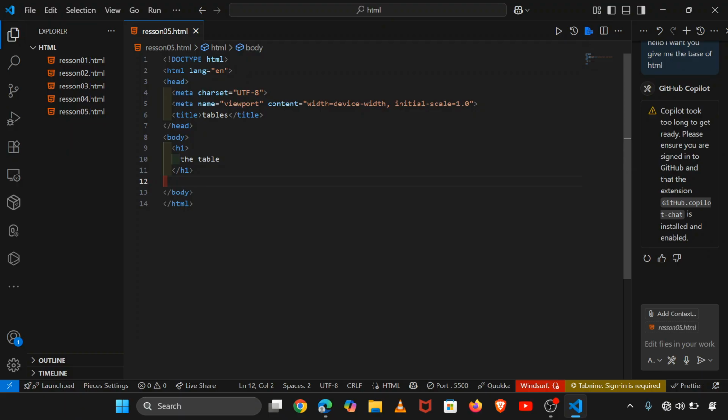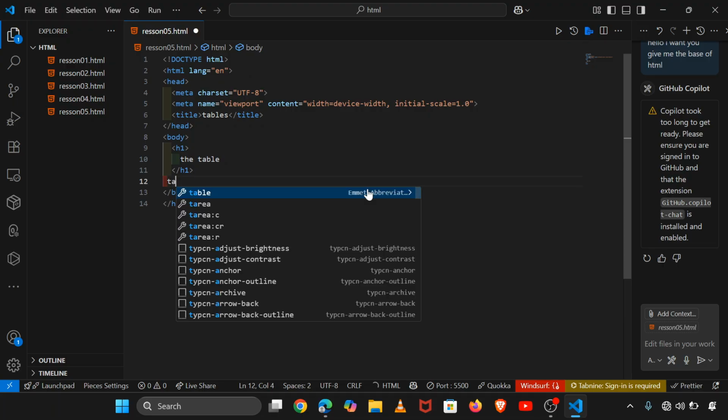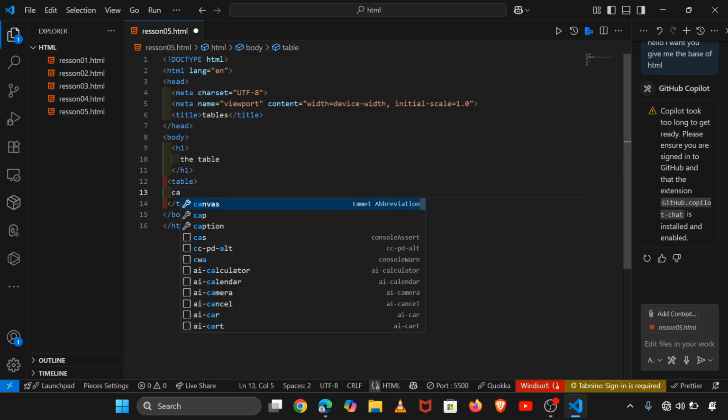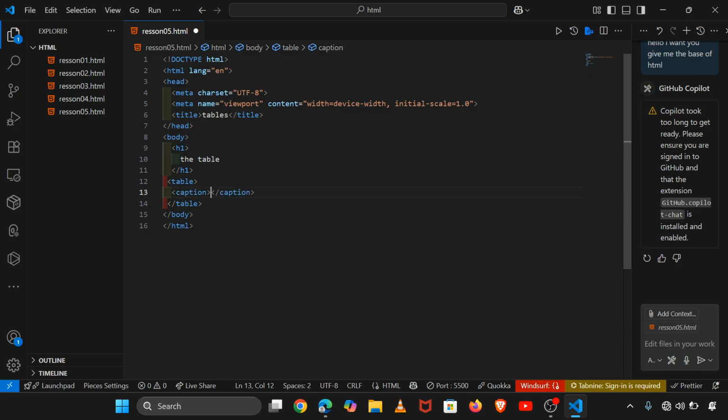So to create the table, you must first declare the table element, and inside the table you must first create the caption, which declares the title of the table. Caption is the first child of the table, and you come here and say we have the caption of that table. Inside the caption of that table, you may say